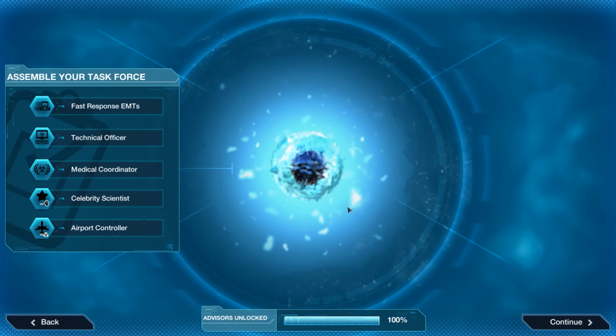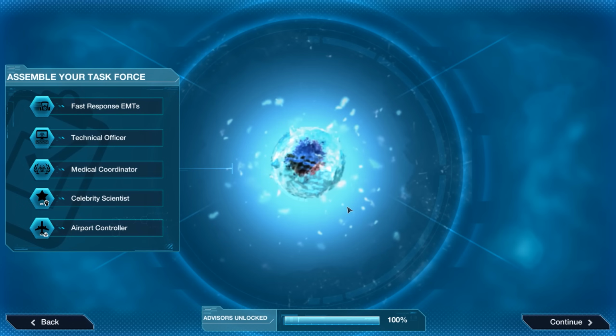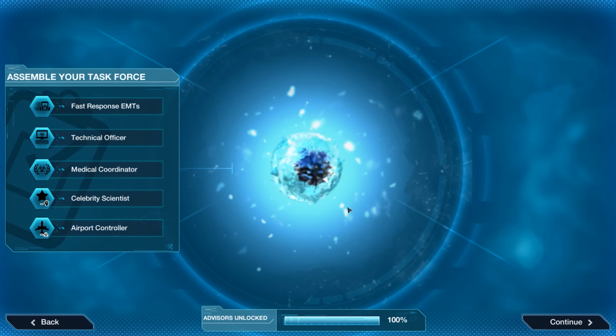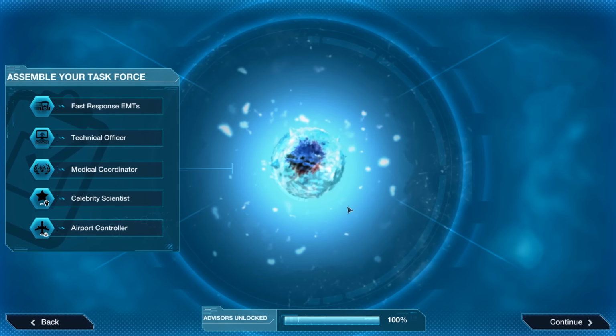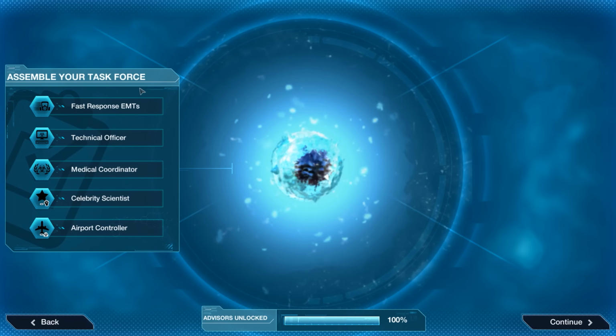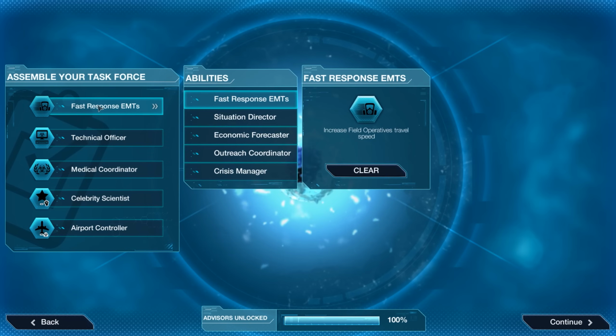From there, you have one of two different strategies. You can either go for a very heavy contact tracing and, let's say, hygienic route. That can work. Or you can go very heavily on the quarantine route, and that's what I'm going to go for today. So to build up our task force, let's go for the fast response EMTs, because detecting it is